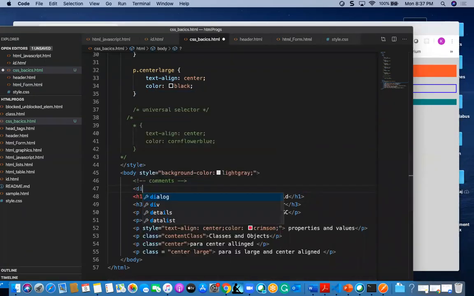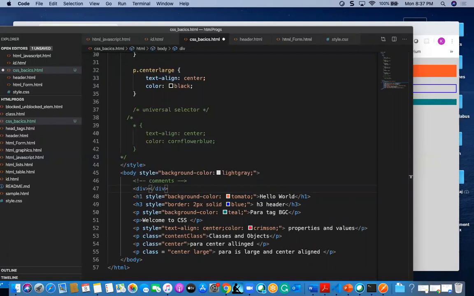So let us think I have one div, and everything is there in one div. Div is a block scoped element.